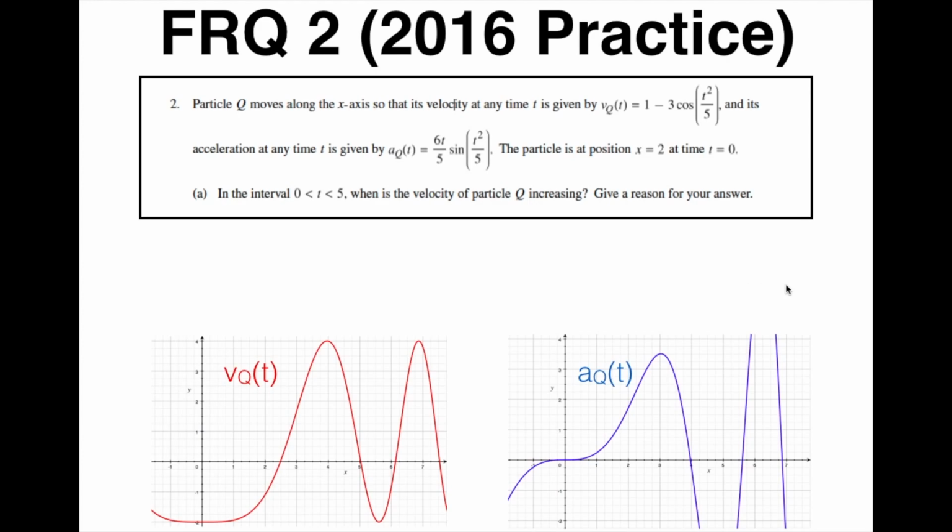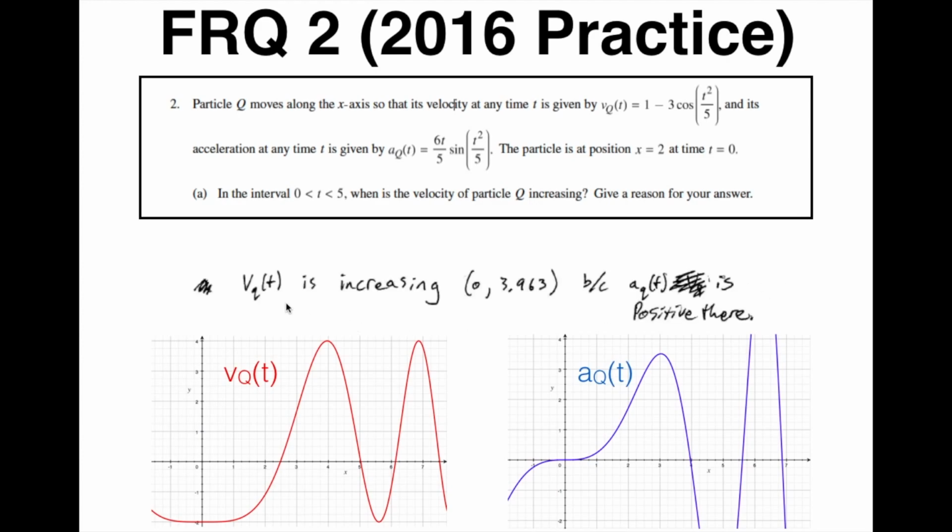Let's look at the answer from student A. V sub q of t is increasing on the interval 0, 3.963 because the acceleration is positive. That's a perfect answer. We can see here from 0 to 3.963 the acceleration is positive, and therefore the velocity is increasing. It is good to have an explanation that uses the acceleration because we want to be talking in calculus terms here. If you gave this question with a graph to a pre-calculus student, they could certainly answer that